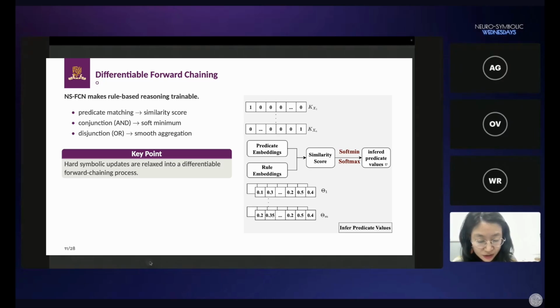But in one of our recent works, we actually can pre-train those embedding vectors. For example, you can extract the embedding vectors from the shallow layers of LLMs, and then use some PCA algorithm to reduce the dimensionality of the embedding vectors, and you can treat those low-dimensional projected embedding vectors as our predicate embeddings here. But the takeaway is that all those predicate embeddings will be fixed in our training procedure,